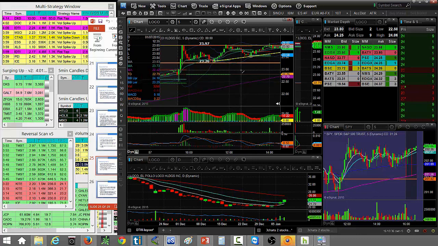Too many green candles on the first entry. It was a double top on the first entry. There was low volume on the first entry. By the time it set up for a second entry, we still had the problem of low volume. So this is an example where we can find patterns on charts, but if we don't have the corresponding volume, odds are they're not going to go in our favor, and we're going to get really frustrated